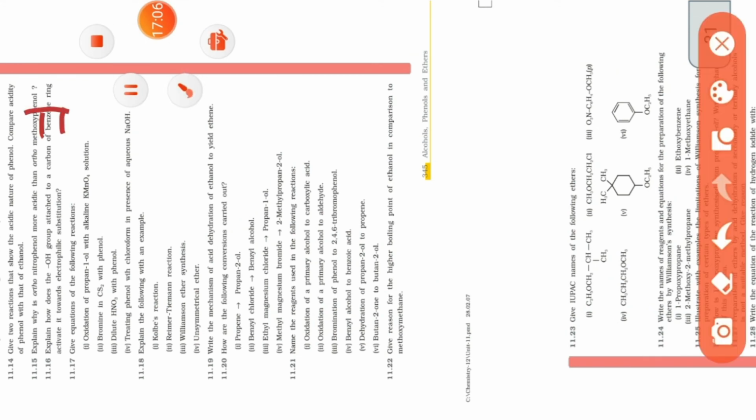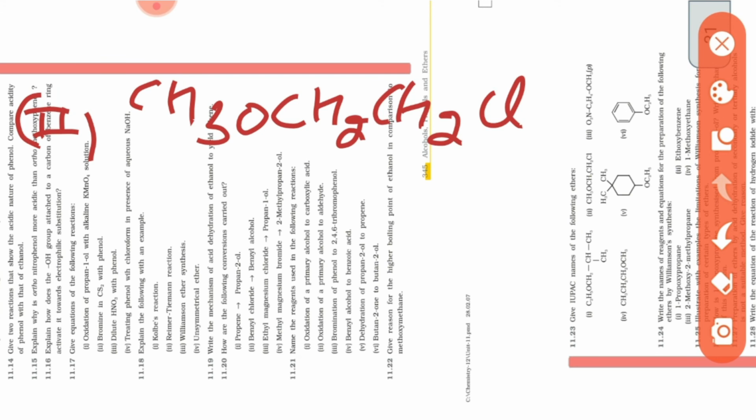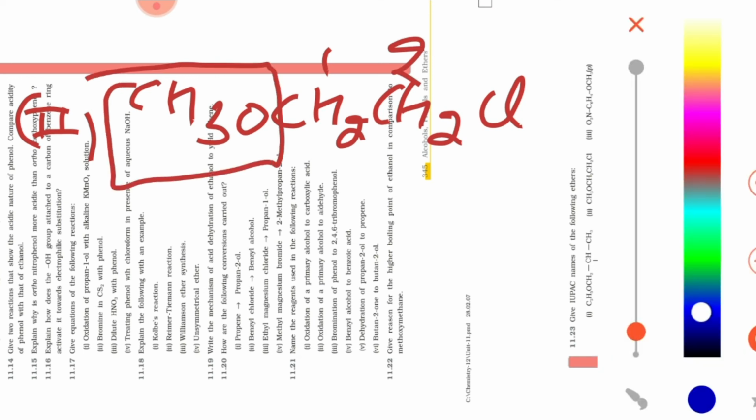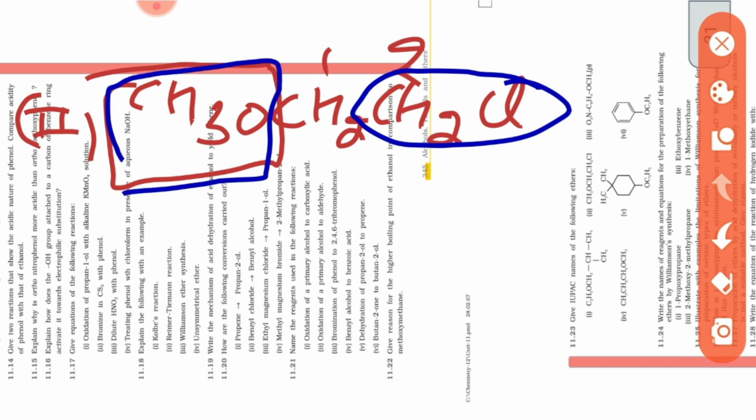You must see the second part. Now in the second part they are asking you CH3O CH2 CH2Cl. Okay, now its name is, yes, numbering will be 1, 2. It is a methoxy. I told you, a smaller part always acts as an alkoxy group. So its name will be 2-chloro. Oh yes or no? 2-chloro 1-methoxyethane. Okay, 2-chloro 1-methoxyethane.